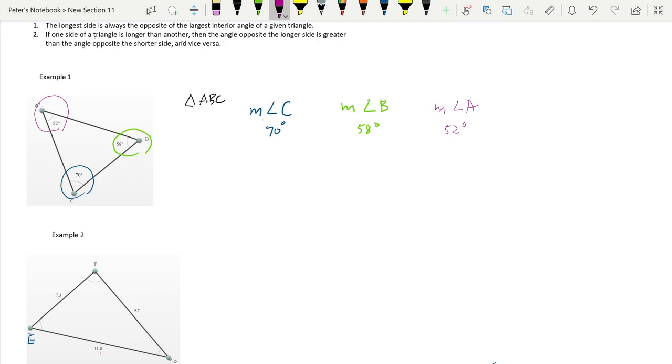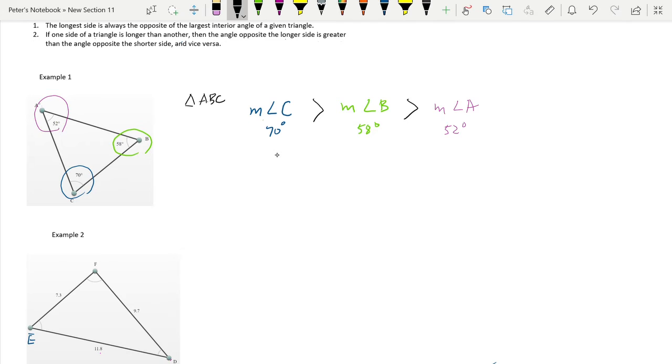And here we can write down our inequality symbols, saying that the measure of angle C is greater than the measure of angle B, which is greater than the measure of angle A. So it is in descending order, as you can see. Okay, so based on this,